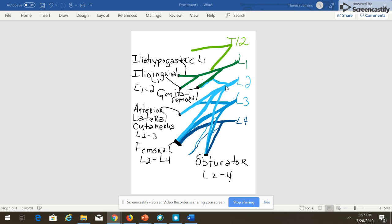As we continue to move down, L2, L3, and also L4 are going to join to form the femoral nerve, which is also an important nerve in the human body. The femoral nerve is going to innervate the hip flexors and knee extensors. This is going to consist of mostly our quadriceps muscles, and the femoral nerve is also going to innervate the pectineus muscle and also the sartorius. As we continue to move down,